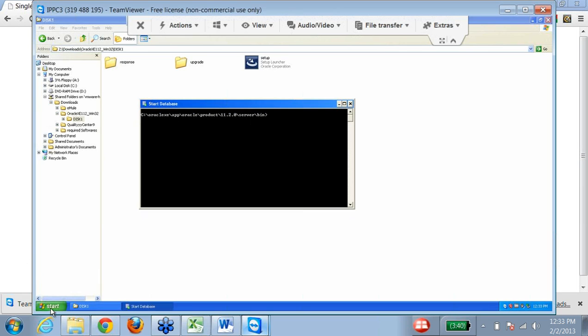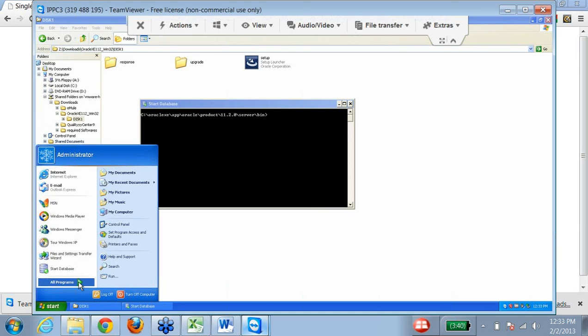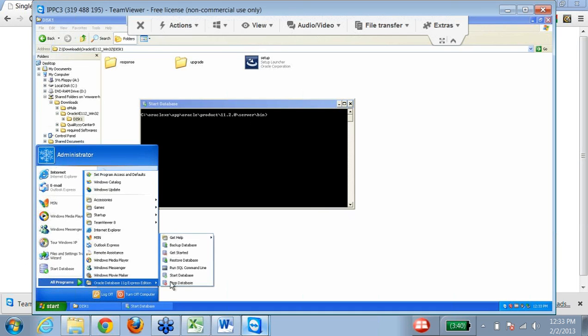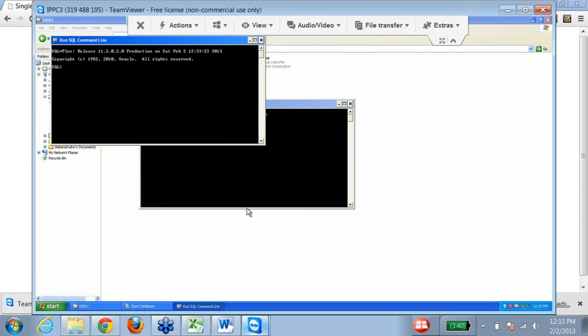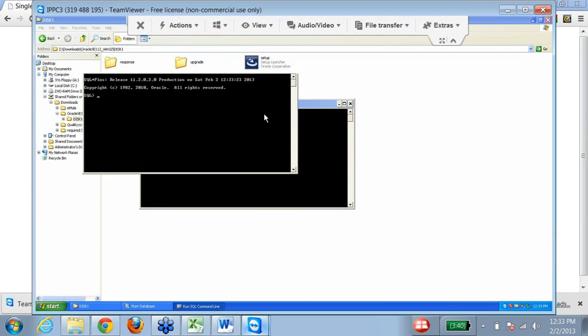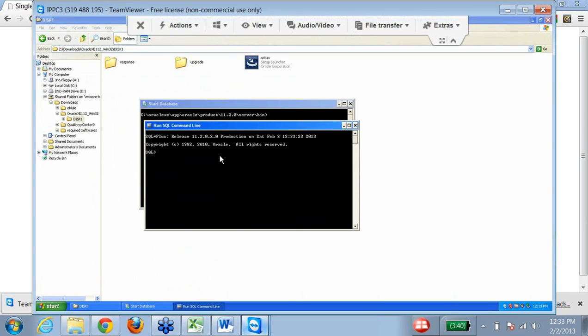To check that your database is properly installed, you can go to Run SQL Command Line and write this query: connect sys as sysdba. Then enter the password.